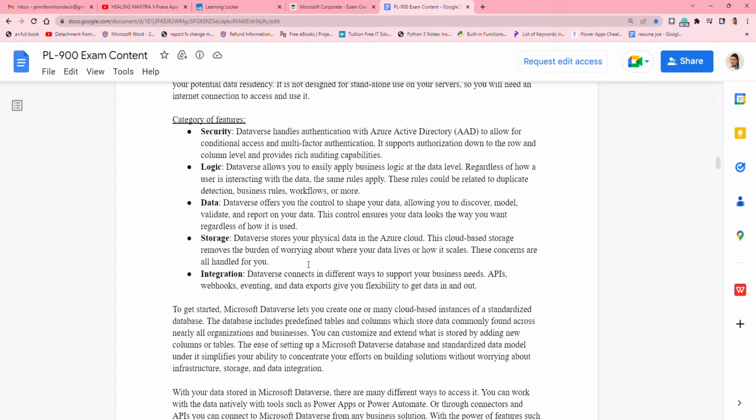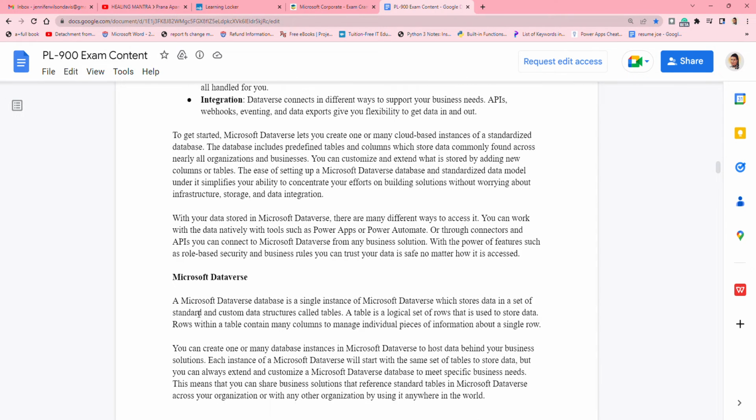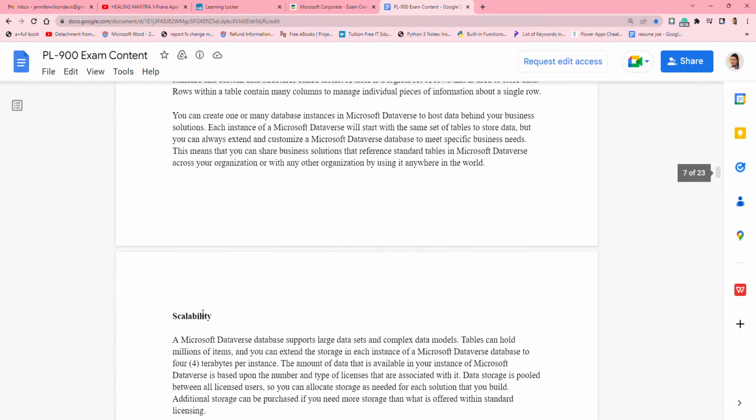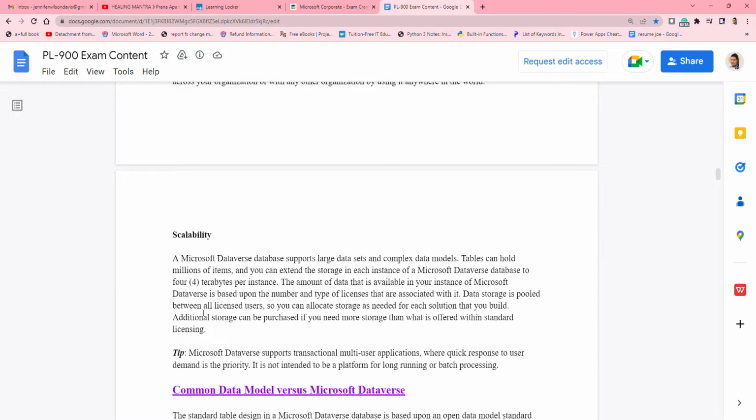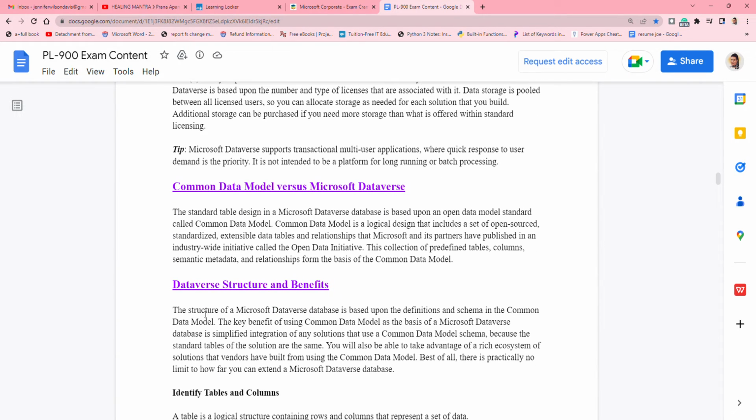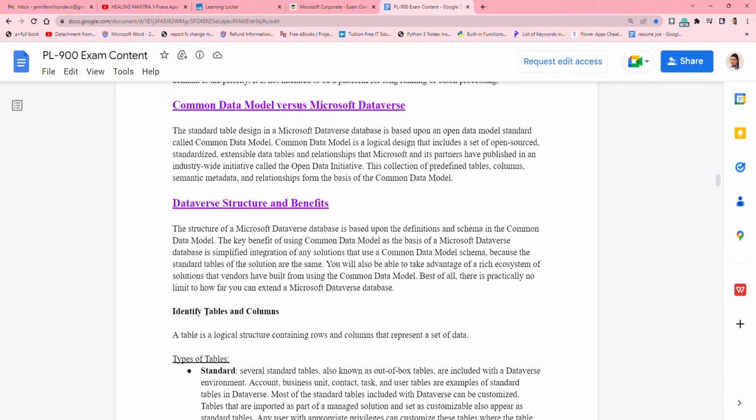Security: Dataverse handles authentication with Azure Active Directory to allow for conditional access and multi-factor authentication. Microsoft Dataverse scalability: Microsoft Dataverse supports transactional multi-user applications,